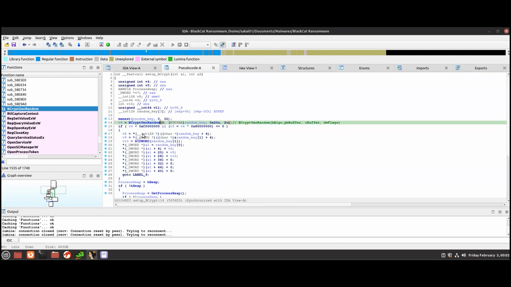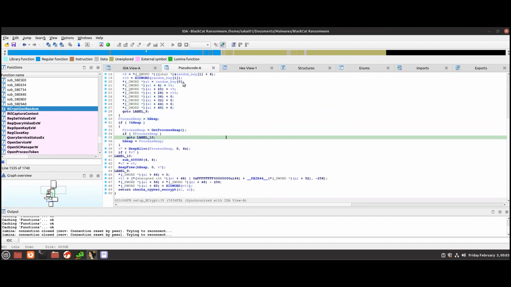As you can see here, it is being set up. A variable v4 is taking a random number from BCryptGenRandom. Obviously, the returned value of this function is going to be a random number, getting the random key from the algorithm it's using. And if this is less than this hexadecimal value, maybe it's trying to check if the key is valid before it does its stuff here. What's interesting to note is when you scroll down here,